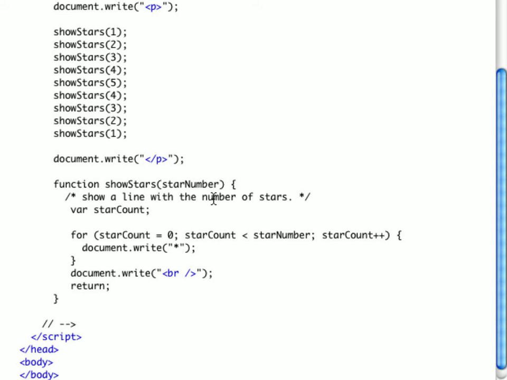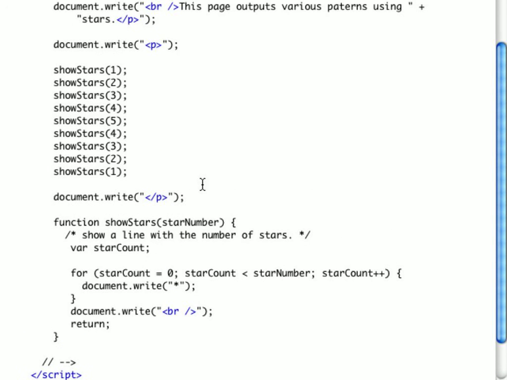Now we know where star count comes from. It comes from this variable right here. Star number is this parameter. So remember, it gets sent in to this function. Where does it get sent in? When the function is invoked. Okay. So this thing right here, show stars sub 1, indicates that 1 is being passed in as the value for star number. In this particular case,